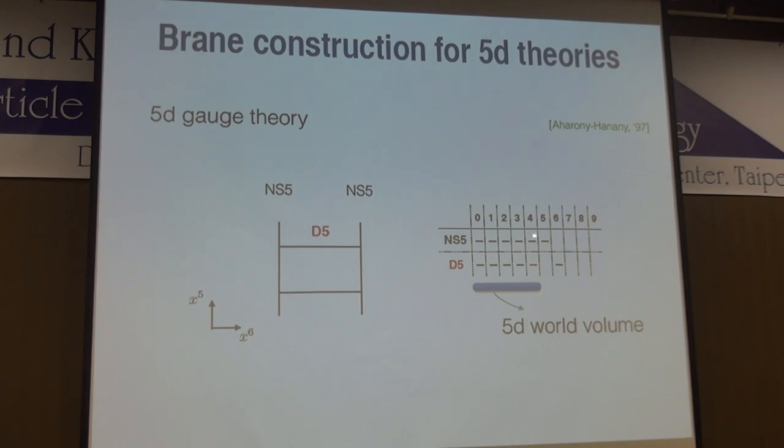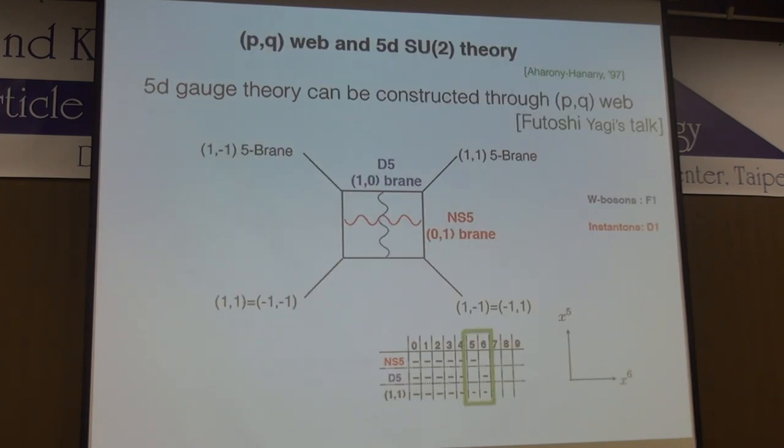So choosing some coordinate here is basically a choice of the vacuum expectation value, which is like a Coulomb branch. But this configuration is not actually correct, because when you think about a brane ending on a brane, you have to make sure how the charge works. So it turns out the correct charge configuration is